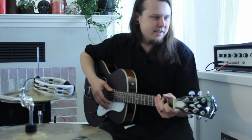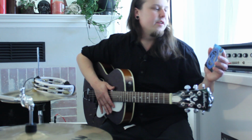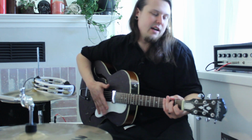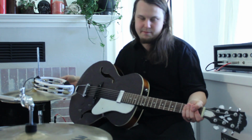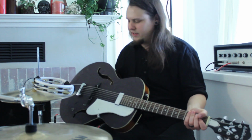I use the D'Addario Jazz Light EJ21 with a wound third. I find that the wound third actually helps keep it in tune a little bit. I tune to E flat. It is very mid-rangey when it goes through the amp. We'll go to the amps here in a sec. Got a lot of mid-range, very boxy, very honky,